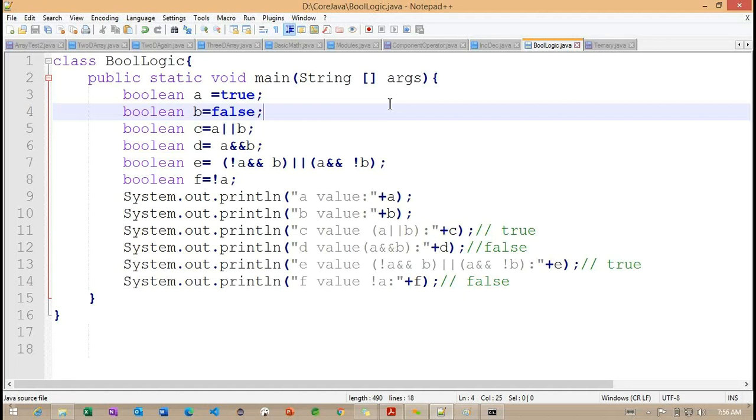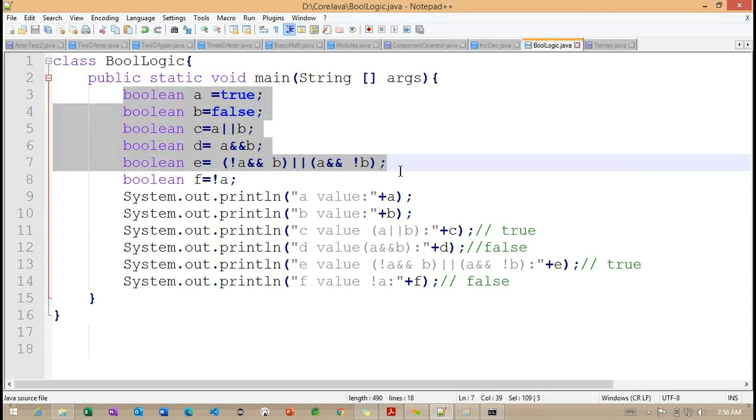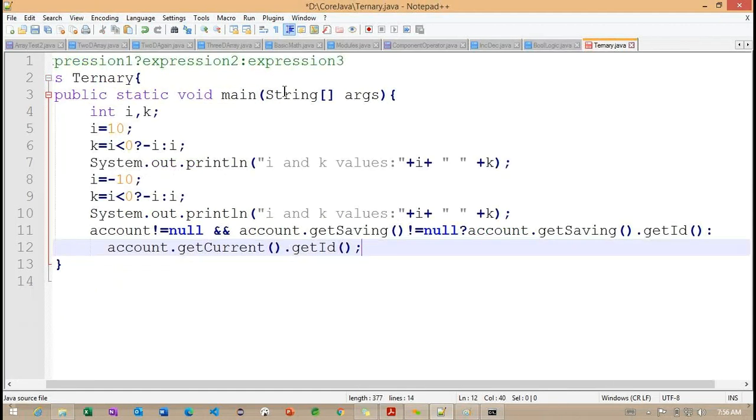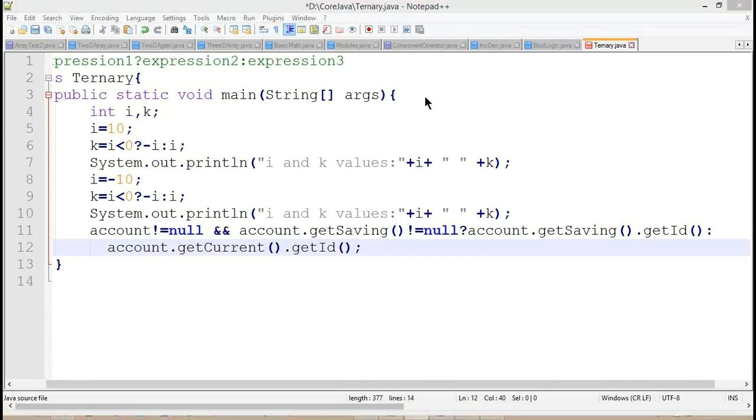We can discuss them in our upcoming classes, in loops or any conditions: less than, less than or equals to, greater than or equals to, and greater than. Along with those, any questions regarding the AND operator and OR operator, as well as this ternary operator? Anyone having any questions?